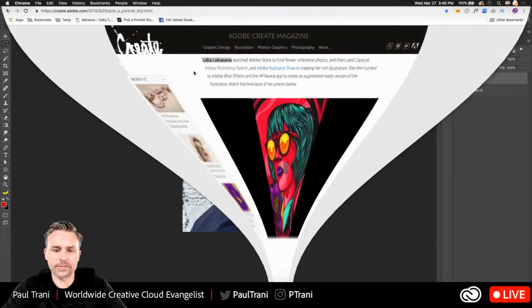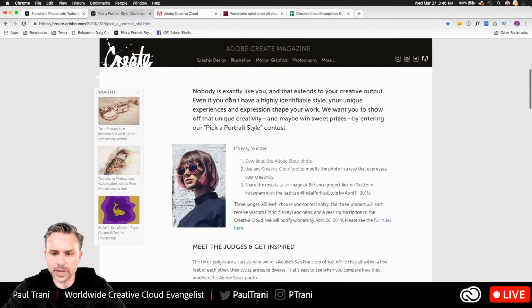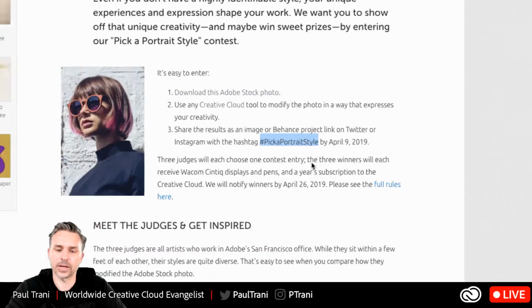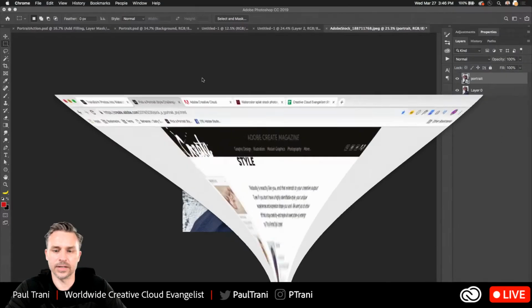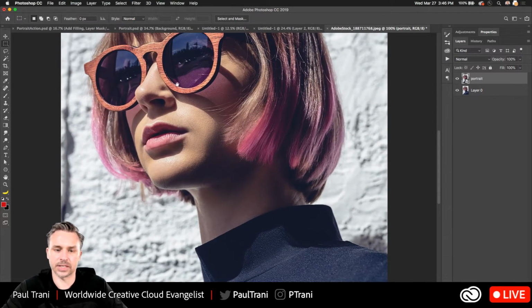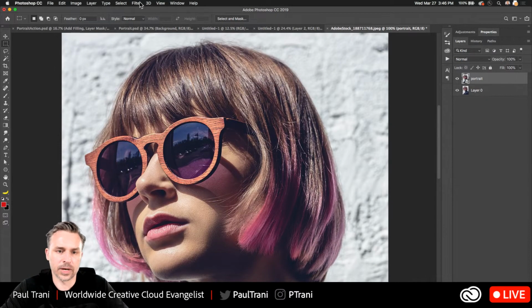Pixels. By the way, for this contest, all you have to do is make sure that you follow the full rules and restrictions, but you just post it to pick a portrait style. Okay, that's where you post it, right? So it could be a smaller resolution. I'm still protecting the pixels, but now when I apply a filter,